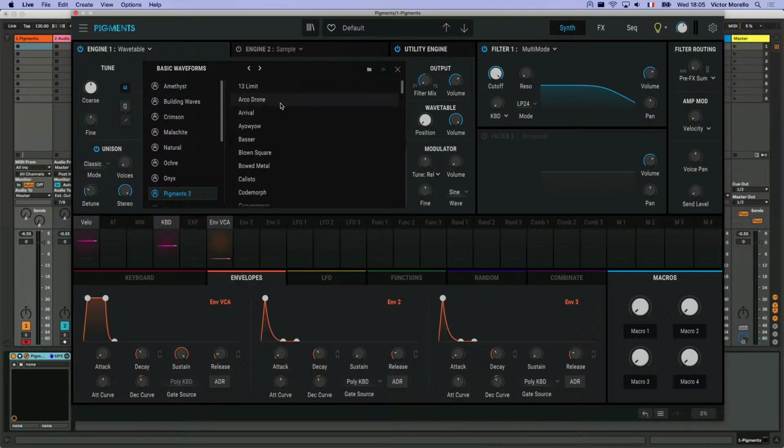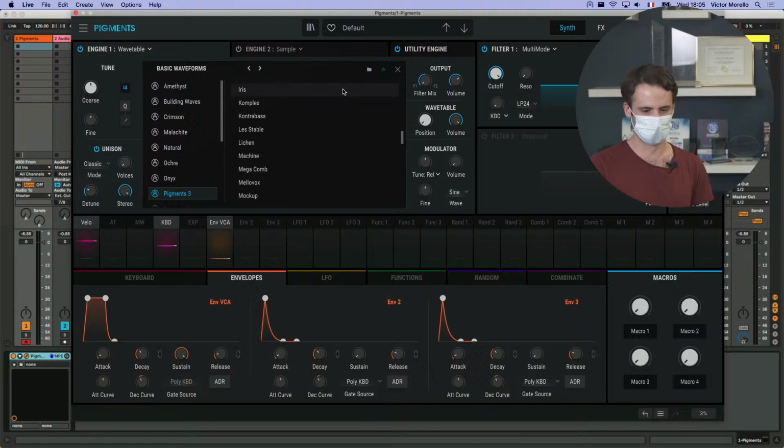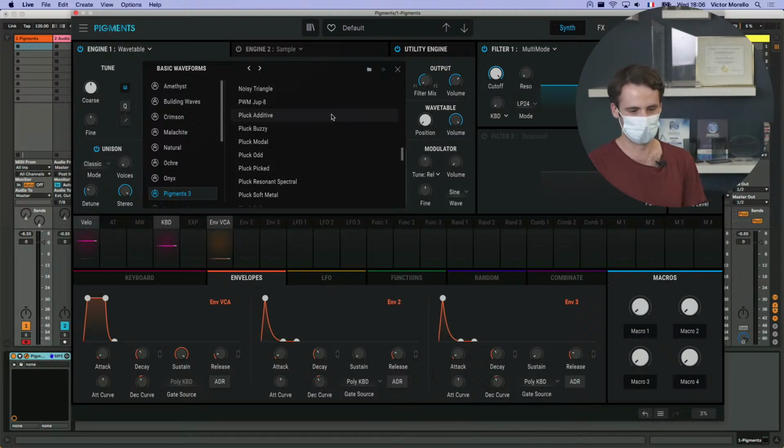So yeah, hi everyone. As Jeff mentioned, part of the update was adding new wavetables for Pigments. We have a list of about 80 new wavetables now, I think it's 84 or something like that. And we're trying to cover a pretty large ground. We have simple stuff that is more aggressive, FM based, and